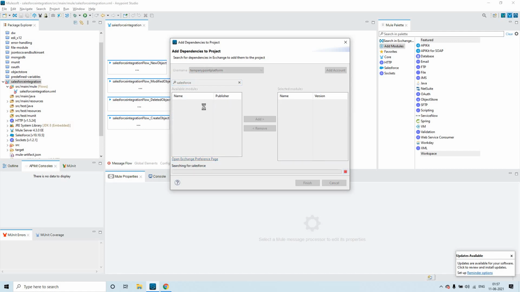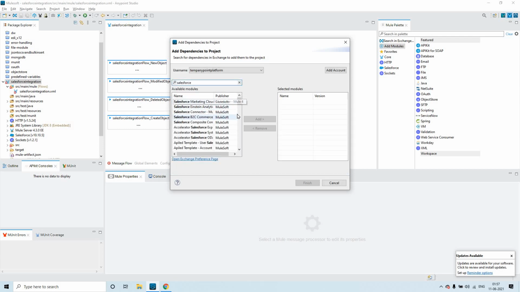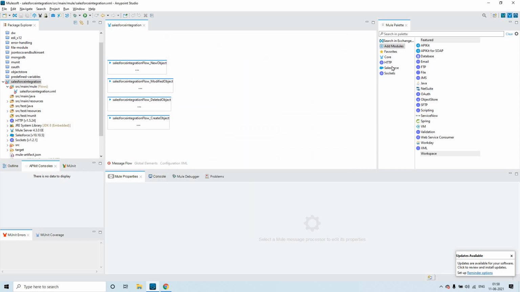Click on enter. It will give you the connector. Okay, yeah. So Salesforce connector, MuleSoft, right? This one, Mule 4. So this is what you have to add to your palette. Okay, so I'm clicking on cancel as I have already added this to my project.